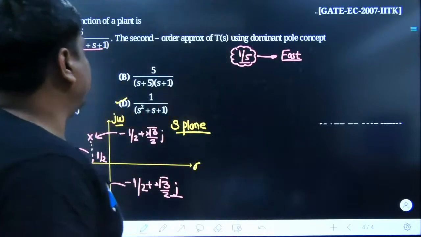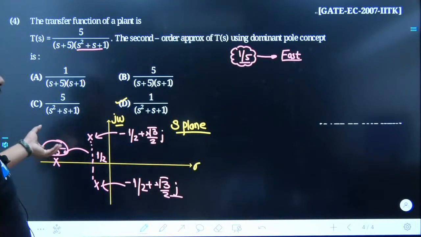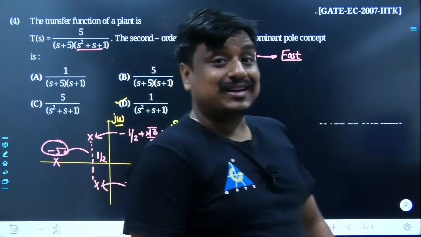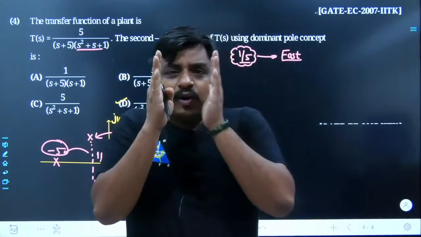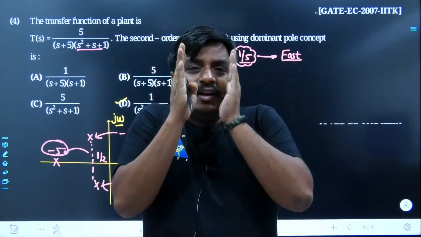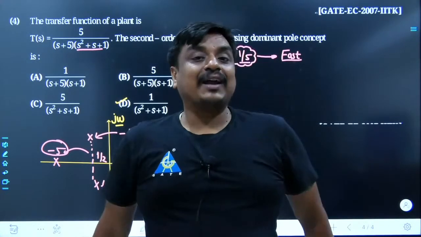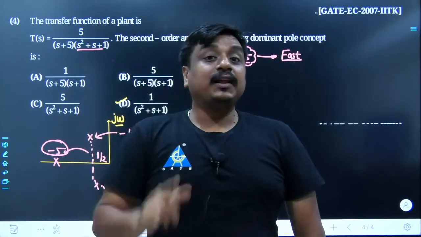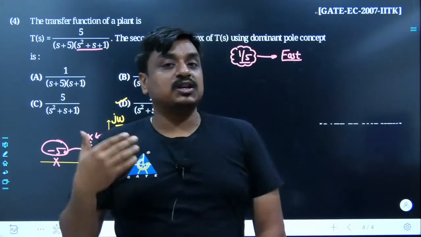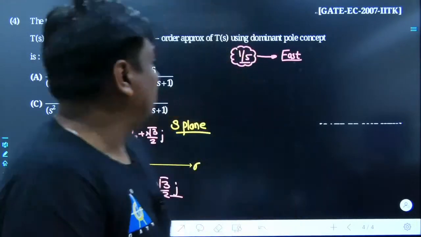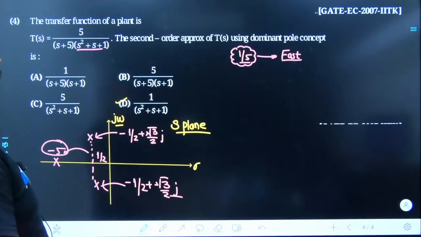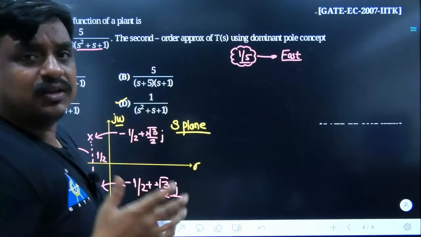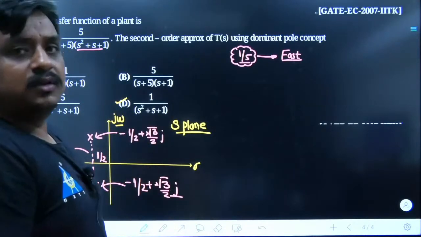But one thing is quite sure, if you drop this factor of 5, the response would change. I am not saying the response would not change at all. It would change a bit, only and only towards the transient part, but at least you have to make sure the steady state gain, the DC gain offered by the system, should not change. If those values have changed and you say, sir, this is the approximation, my dear friend, the complete steady state value, the complete DC gain itself has been altered, what's the approximation? That's the hell.